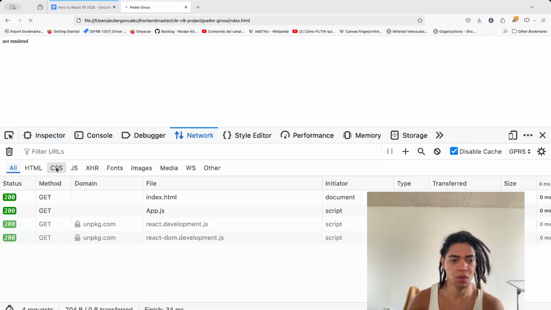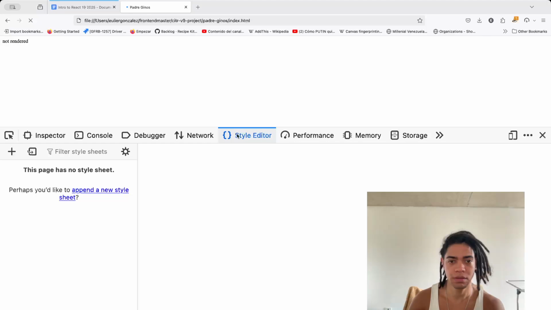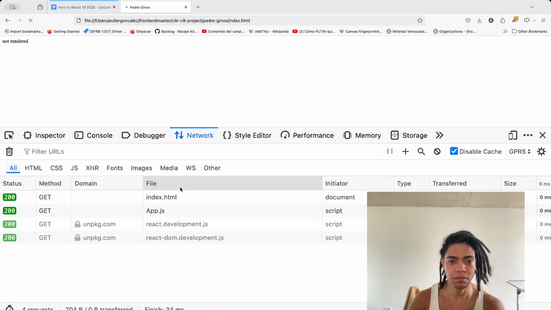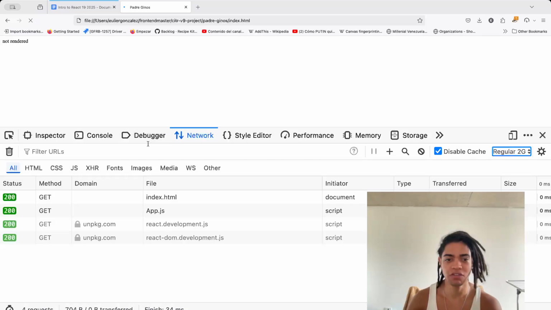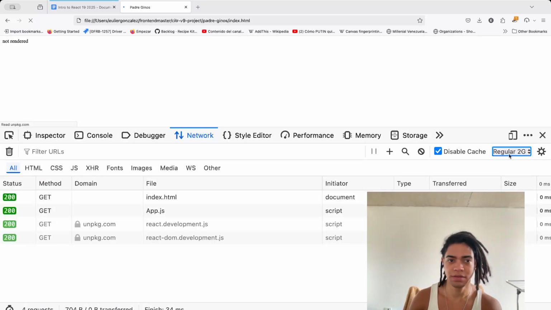On the network, 4 requests have been fired. Performance. The thing is that initially it shows you that, right? And if you look at this,